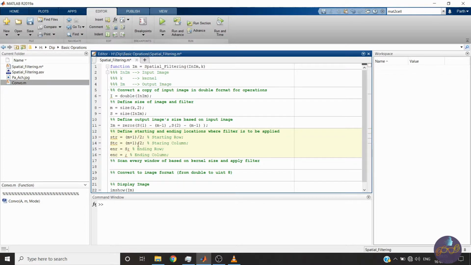So the ending row will be S1 first. This is the ending row of the image itself. Then we will reduce, in this case only one row, which will be m minus 1 by 2.